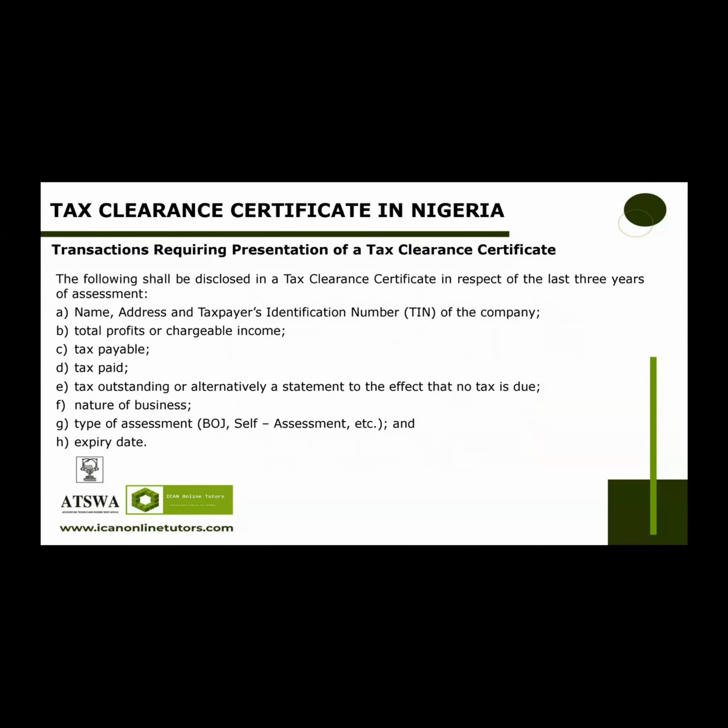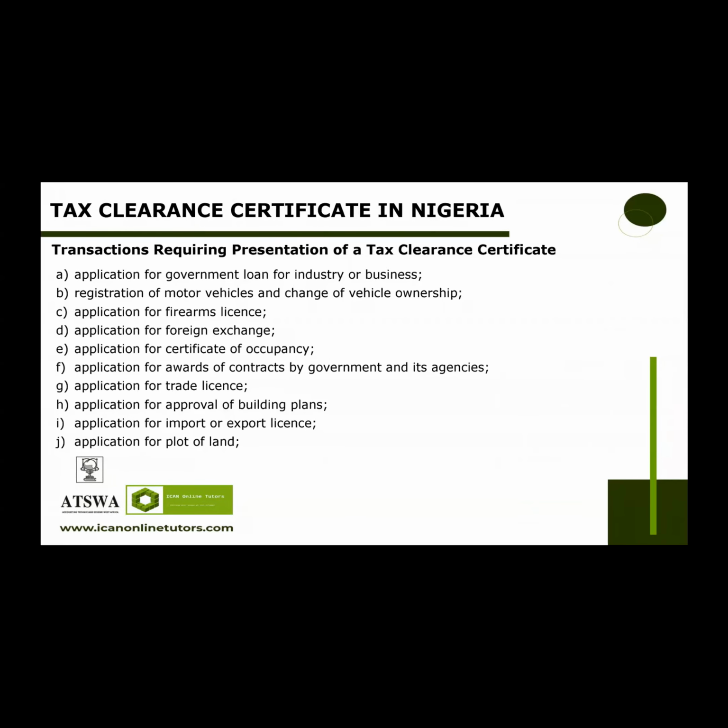Transactions requiring presentation of a tax clearance certificate. Any ministry, department, or agency of government, or any commercial bank with whom any person has any dealing can demand from such person a tax clearance certificate of 3 years immediately preceding the current year of assessment in the following transactions: where the company is applying for government loan for industry or business, registration of motor vehicles and change of vehicle ownership, application for firearms license, application for foreign exchange, application for certificates of occupancy, application for awards of contracts by government and its agencies, application for trade license, application for approval of building plans,